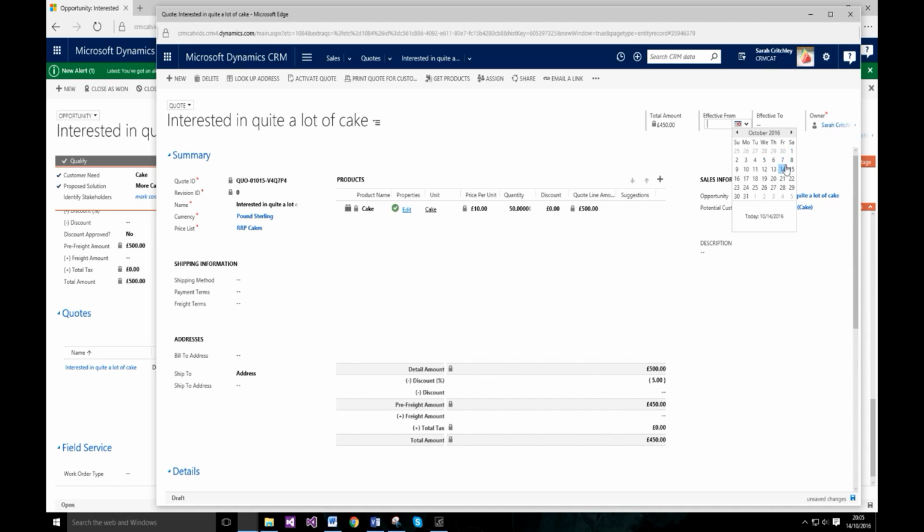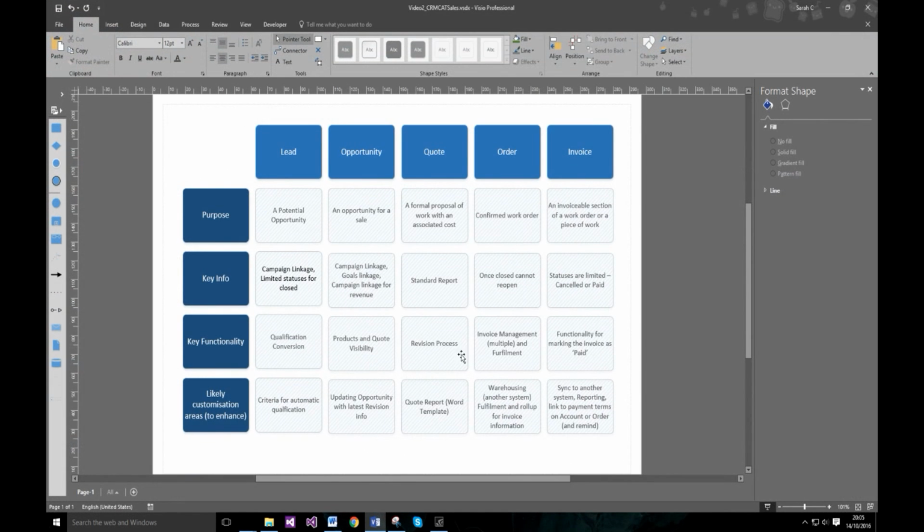A lot of quotes are only valid for a month, so maybe I want to put this in there as well. So let's put this information there, and then I just want to save that. At the moment I'm editing this quote. It's in the draft status, and this is probably one of the key bits of functionality that I've identified for the quote, that